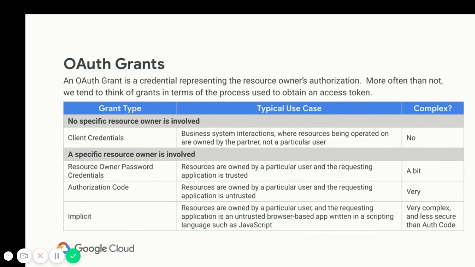The resource owner password credentials is more for the B2C scenario, business to consumer. So let's say when I am accessing the e-commerce site via their mobile app, I am their customer, but because this app is developed by that e-commerce site itself,